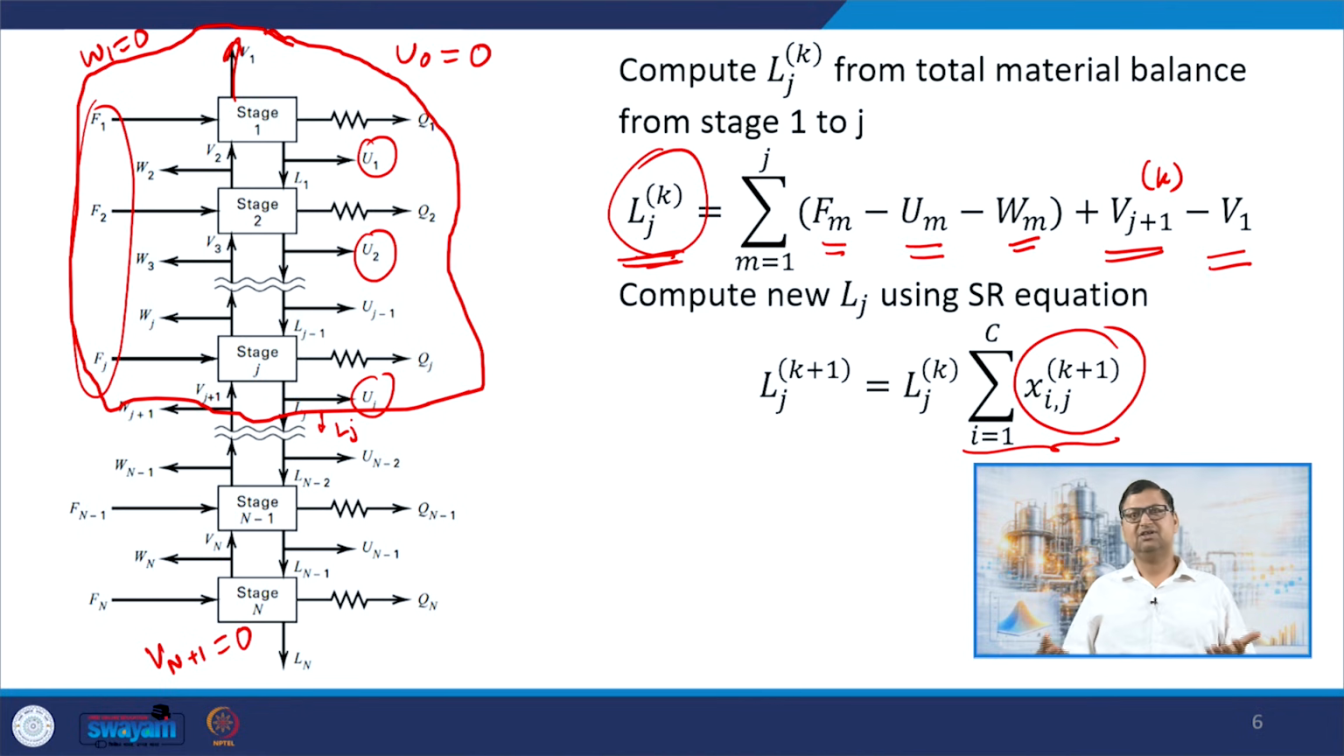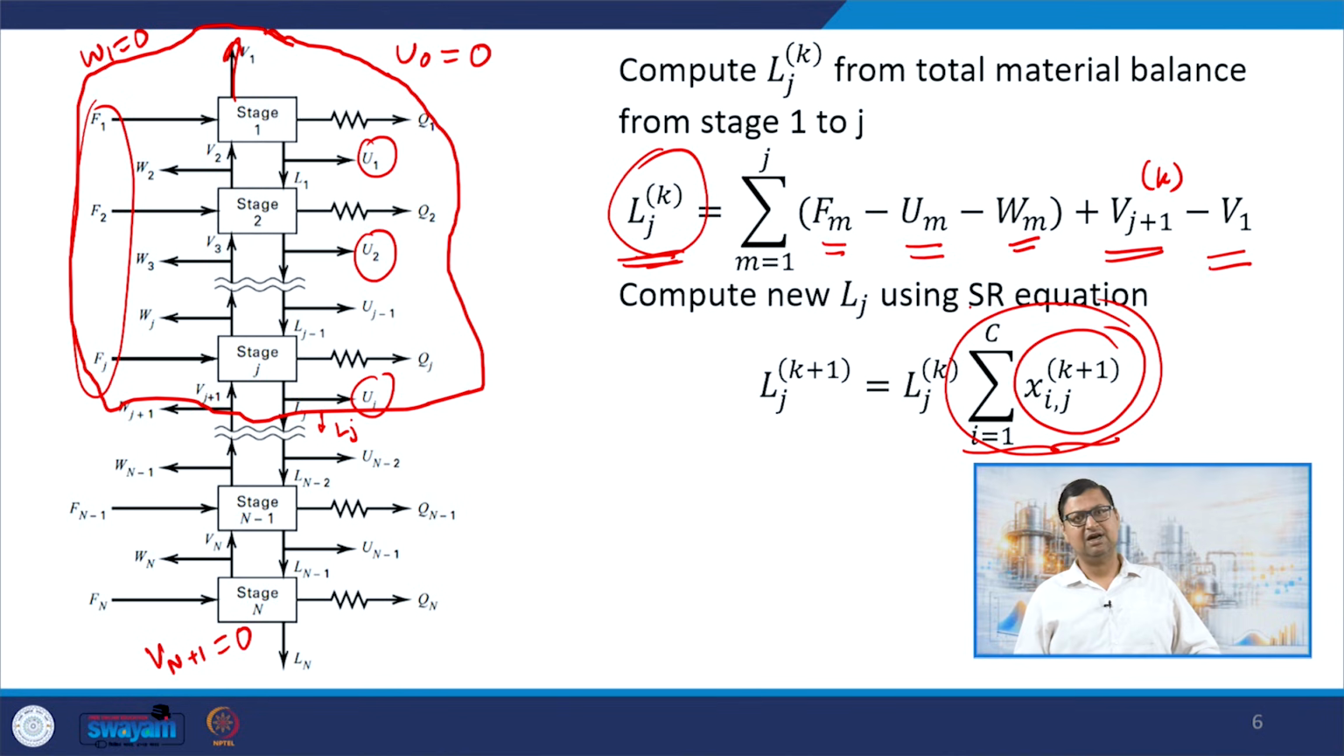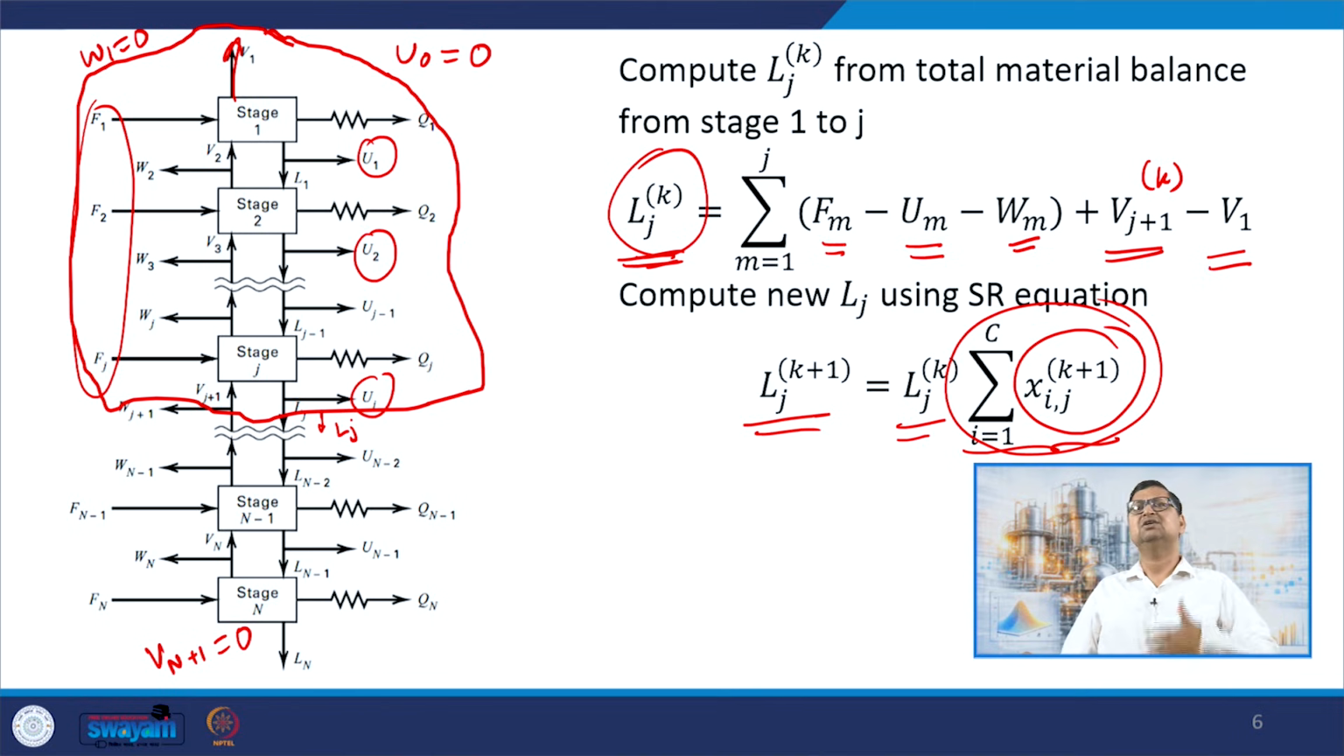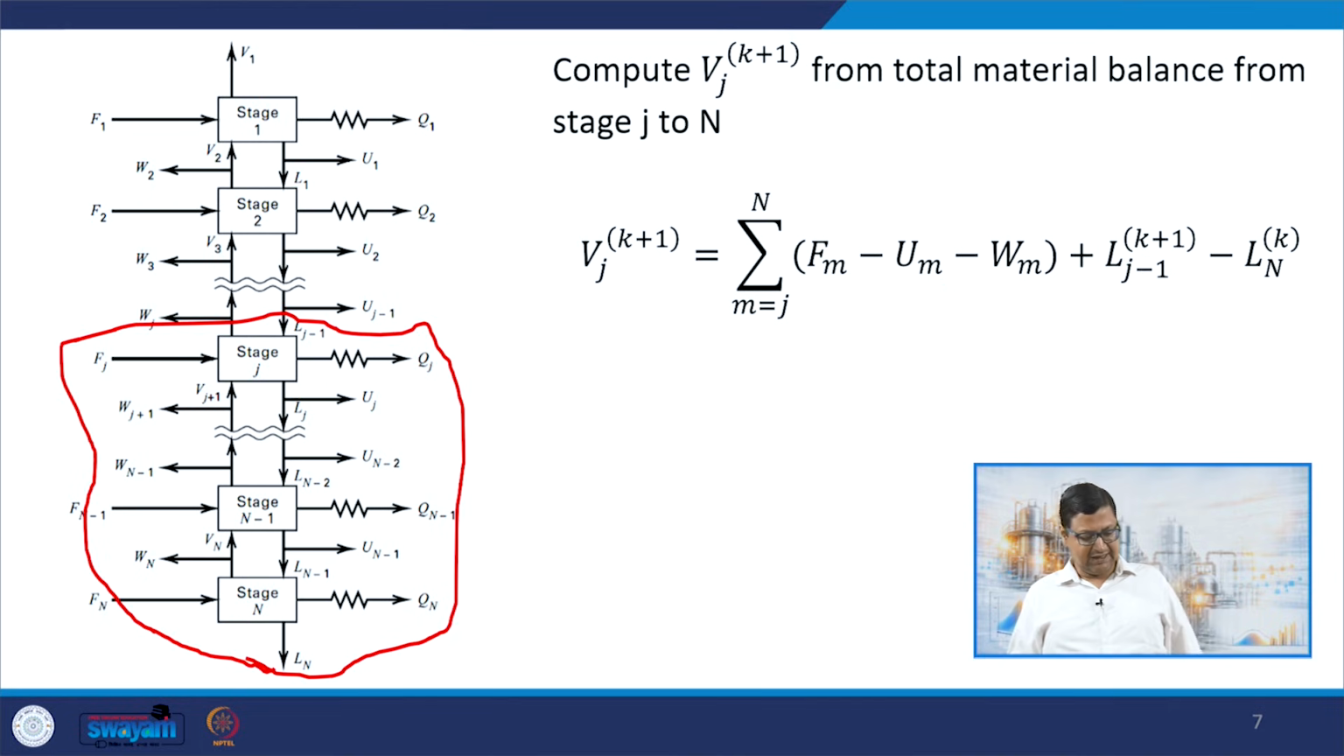So, by definition it is not normalized by default. Therefore, this term is not going to be 1 unless this xij becomes the final correct values. In that case, Ljk plus 1 will anyway become Ljk. So, the Lj is going to converge only when this xij is basically normalized by default, without a need for normalizing by dividing it by something, right. So, I got the new value of the Lj, and then I can also do a balance from stage j